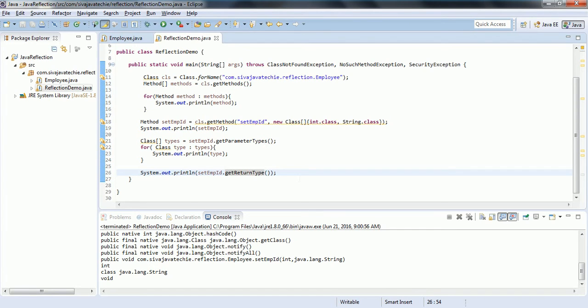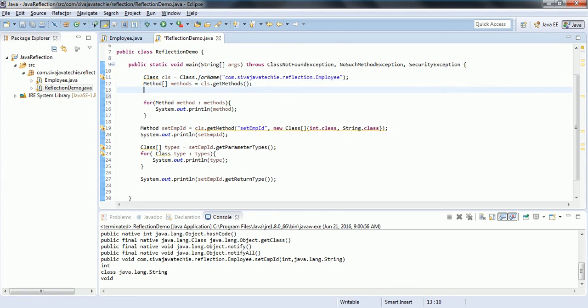Now if we want to invoke a particular method using Java reflection, first you need to create an object for this class. For example, employee emp equal to class dot new instance.